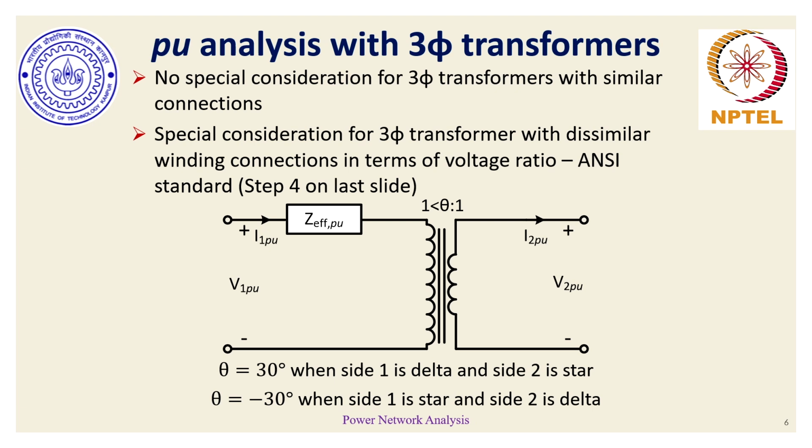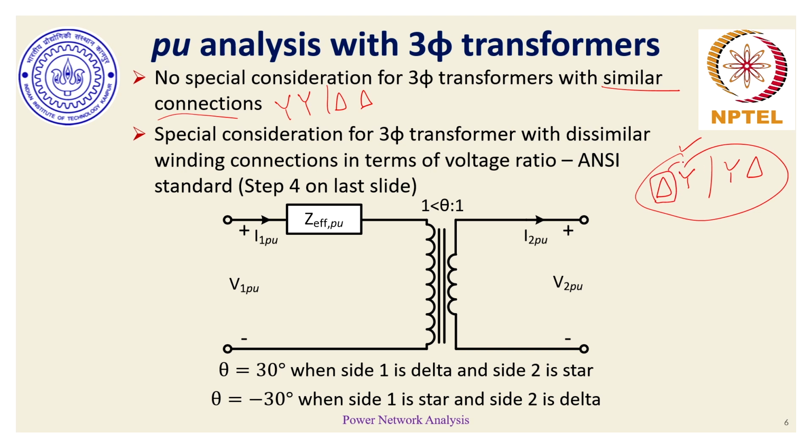Now, specifically for transformers with dissimilar configuration, as I mentioned, where you can have delta star or star delta configuration for three-phase transformers, a special consideration needs to be made. For transformers with similar connections or configurations like star star or delta delta, this special consideration need not be taken into account. This is only applicable for dissimilar configuration. And why does this special consideration need to be there? The special consideration comes from the fact that the quantities, as per ANSI standard, if we recollect our previous discussion in the previous lecture, as per ANSI standard, quantities which are being calculated on the delta side,